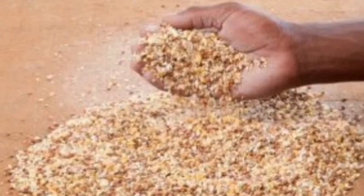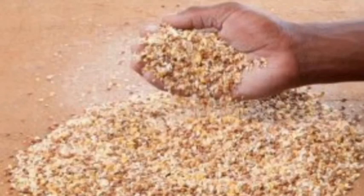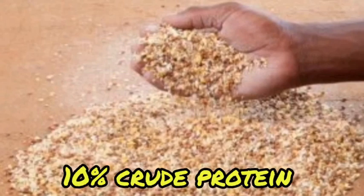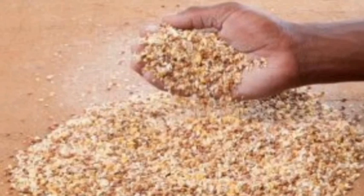And that one is corn offal. When the corn is polished, peeled off, that's the outer skin of it that looks like waterproof. The role of this particular one is to provide energy source and fiber in your feed. It contains about 10% protein and contributes to the energy content of the overall feed. You utilize this waste from corn processing, thereby lowering your feed cost and expenses in your farm and